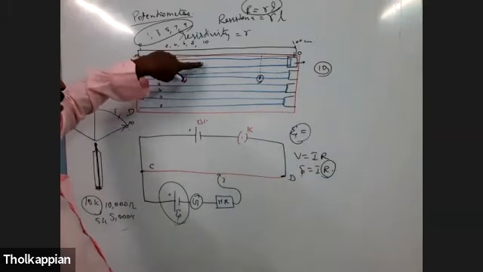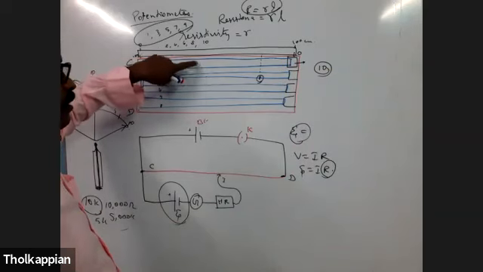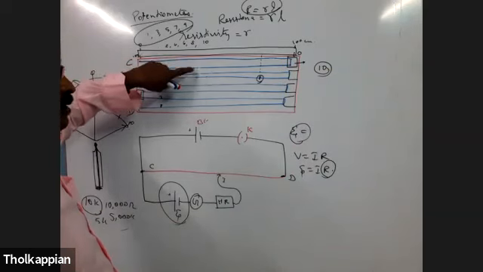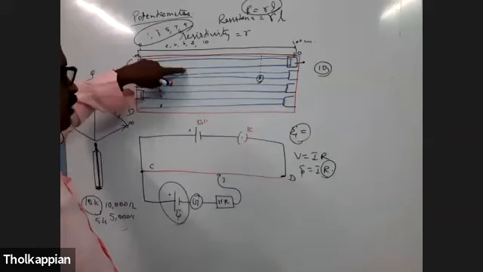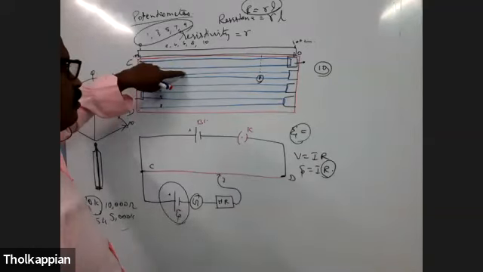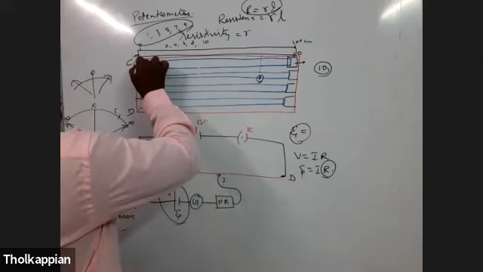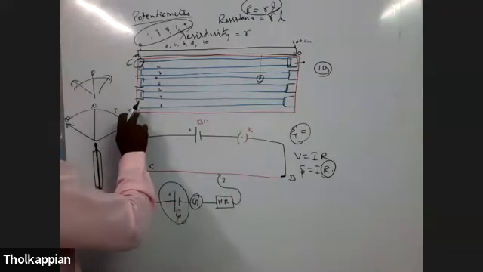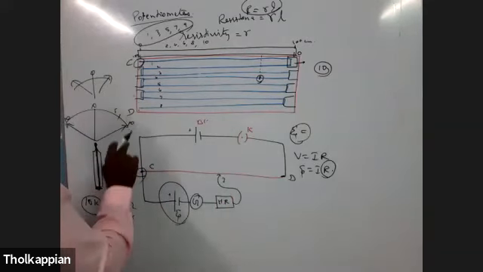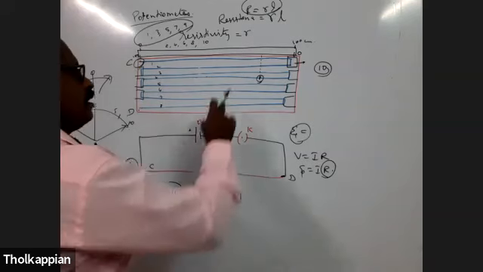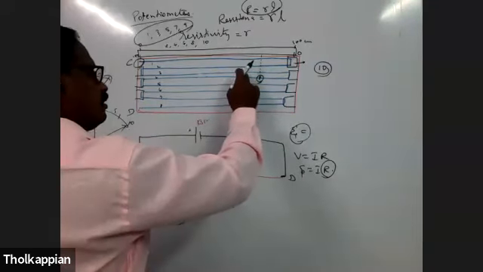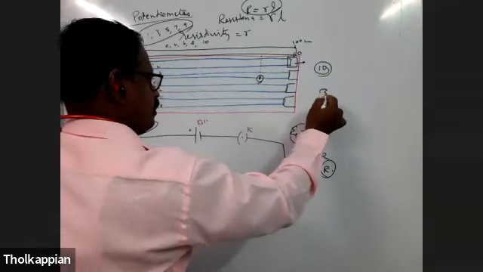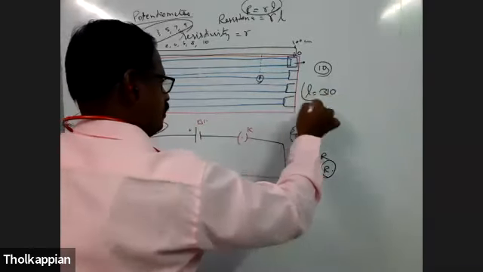Before itself, how many wires are there? 1, 2, 3. Each wire length is 100 centimeters. So this one is 100, this one is 200, this one is 300. So the balancing length is from the point C. Because here your positive connections are given, consider this is the starting point. Don't take the reading from here. Here this is the positive, so start from here. So total 100, 200, 300, 310. So 310 is the balancing length here.